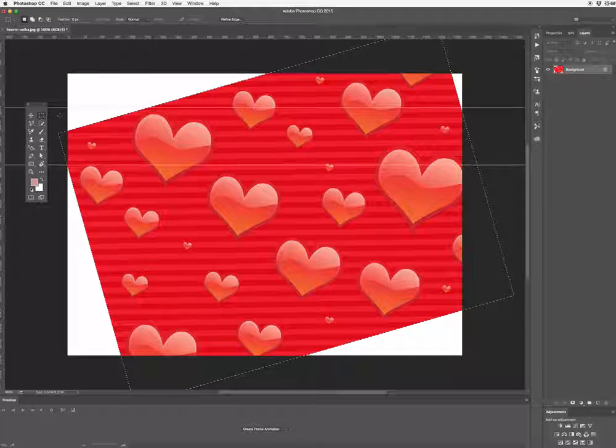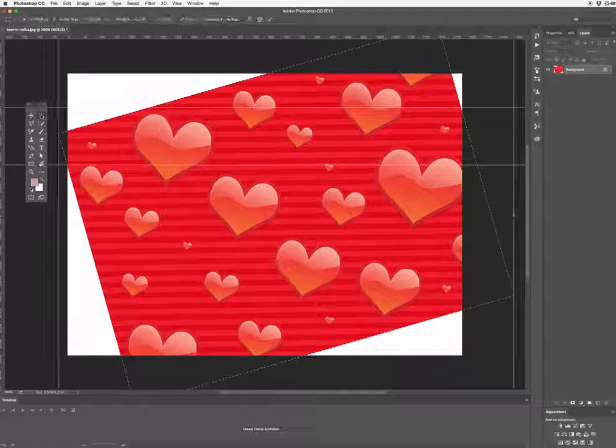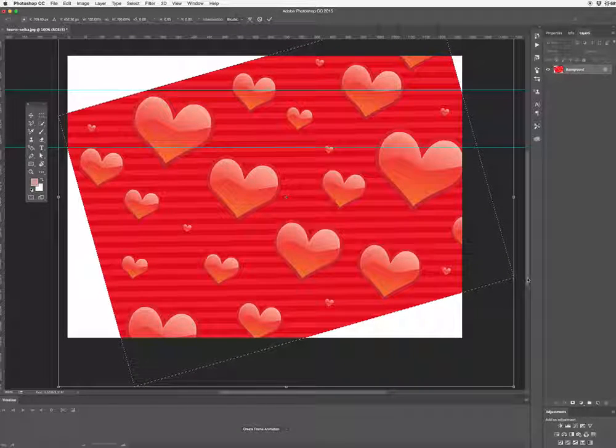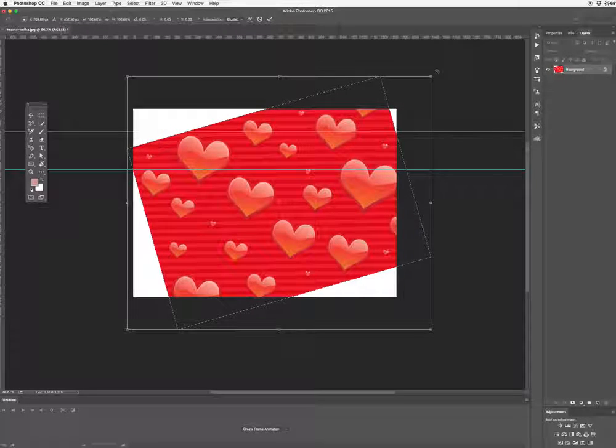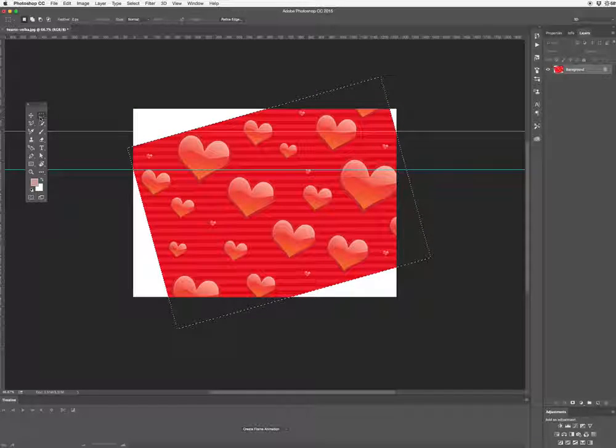Okay, so I'm going to Command T again, and you can see I've got a new trim frame. Let's reduce down so we can see this. Okay, that looks like it's lined up. So now what I'm going to do is check that that's the way I want. I'm going to use my crop tool